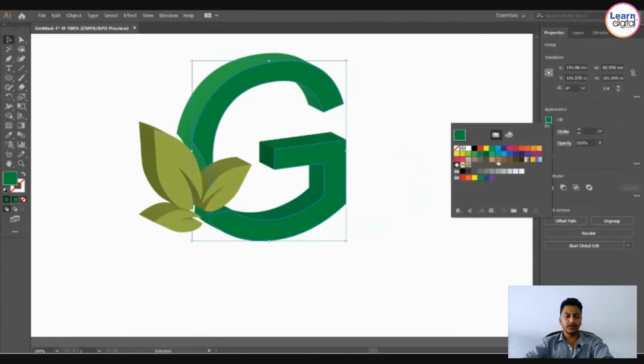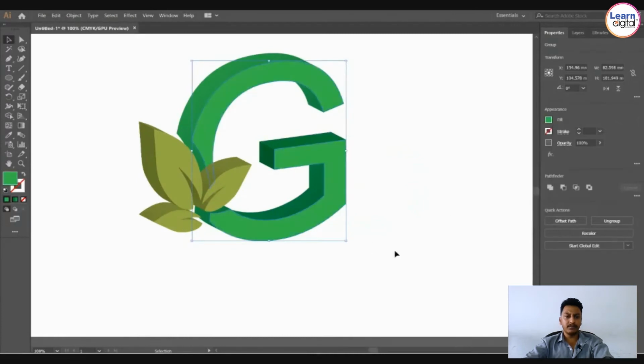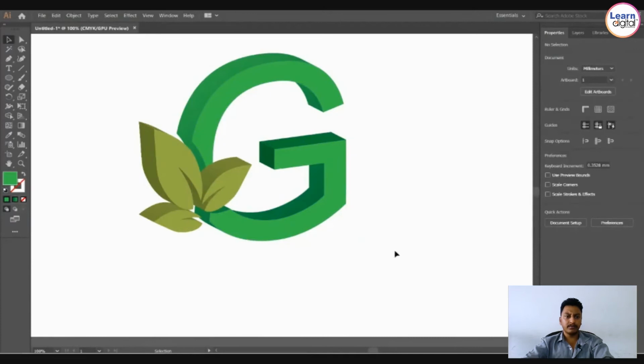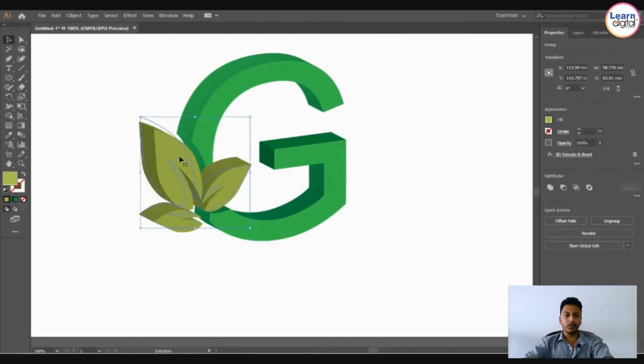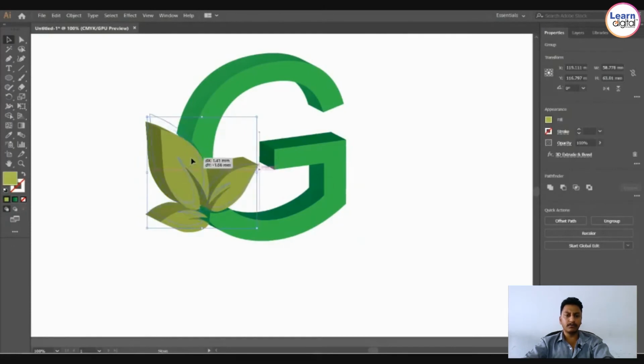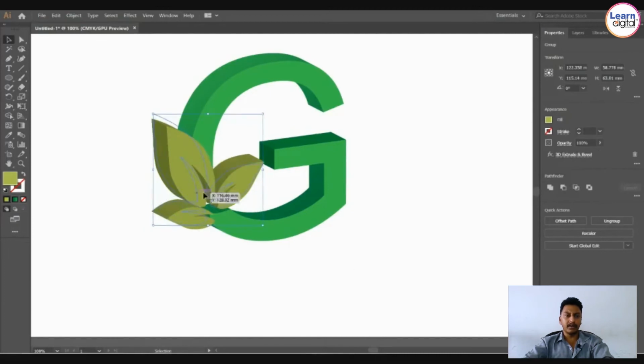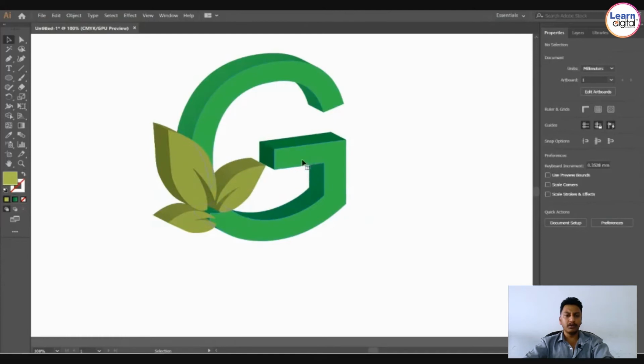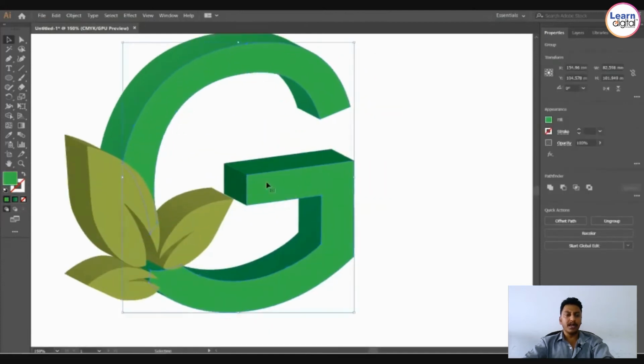Then I want to do some small changes in the G. Select that point, I'm just moving it outward because it's very near to the leaf end, the leaf tip. If you want to make a corner smooth, we have an option. If it is really necessary, just go with it.